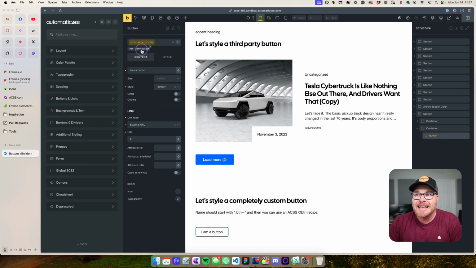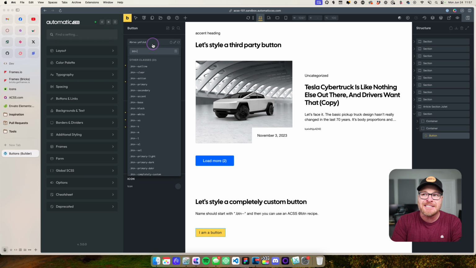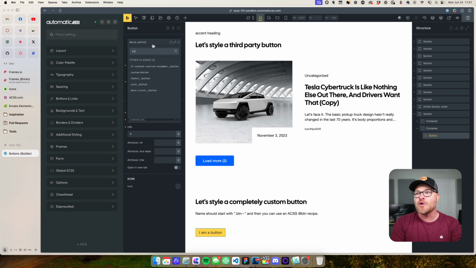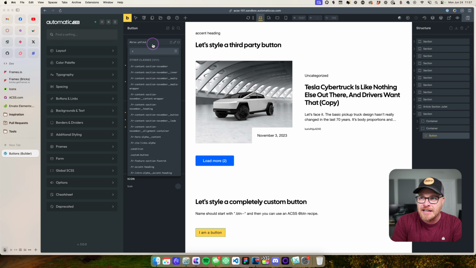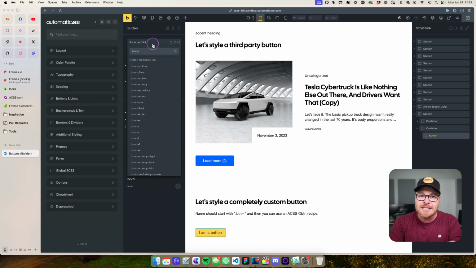Remember, this is not part of ACSS. The fact that I started the class with button double dash informs Automatic CSS, hey, this needs to share global styles with all of our other buttons, okay? It's a magic trick. There's nothing you need to do to make that happen. If you don't want that to happen, then don't use button double dash. Use button single dash, okay? Or just say button, or say custom button. Like, name whatever you want to do, but if you use button double dash syntax, it's going to inherit the